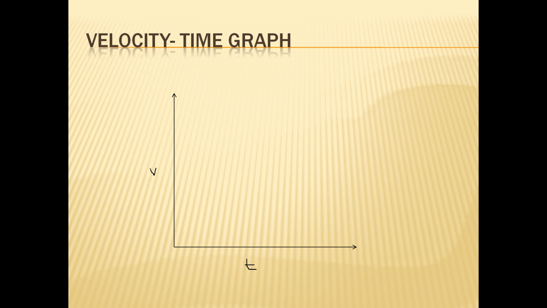Here we are taking case 2 from the velocity time graph of the previous video, that is when an object is in uniform acceleration. As you can see there is a bit of difference in the graph, because here u is the initial velocity, u is not equal to 0. That's why it is starting from a point on the velocity axis.